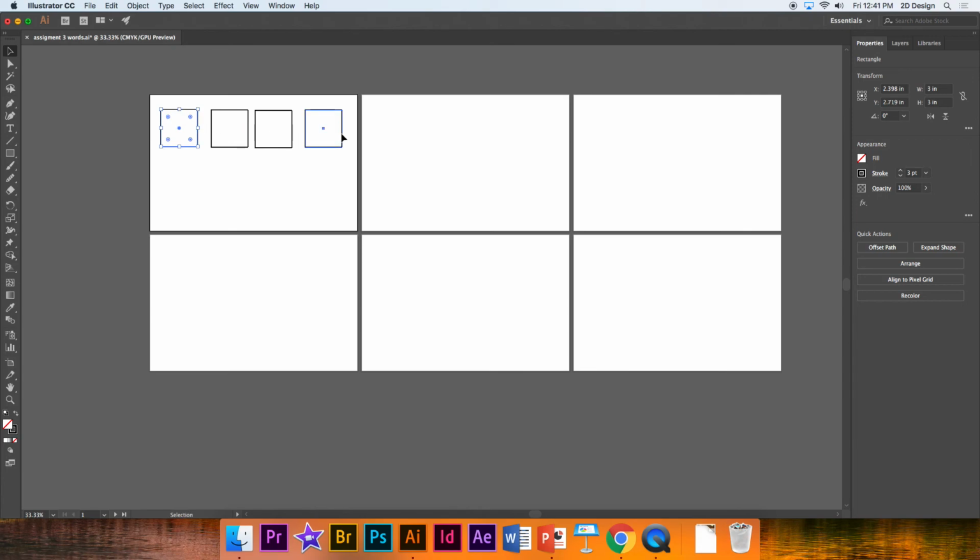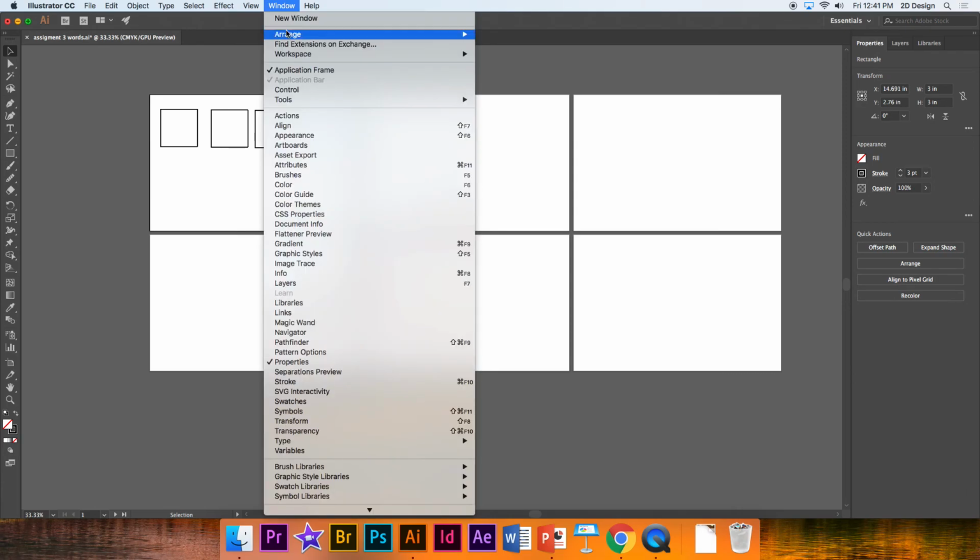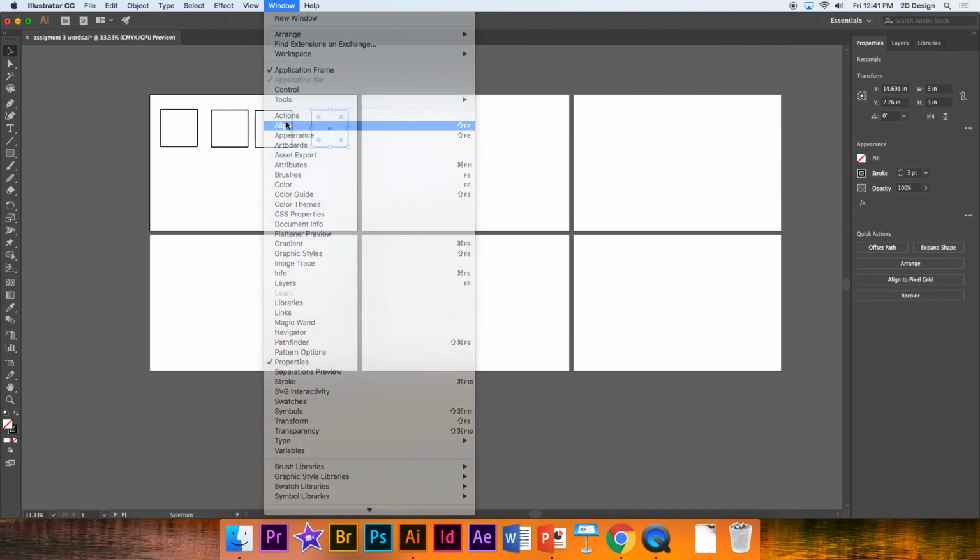Kind of like that. All right, so the first thing I want to do is line them up. Right now they're all jumbled, and the great thing about Illustrator is it gives you these great tools to make everything look beautiful and aligned. Where you're going to find that tool is in the Window drop-down menu. If you hit Window and go down to something called Align and click on it, you get